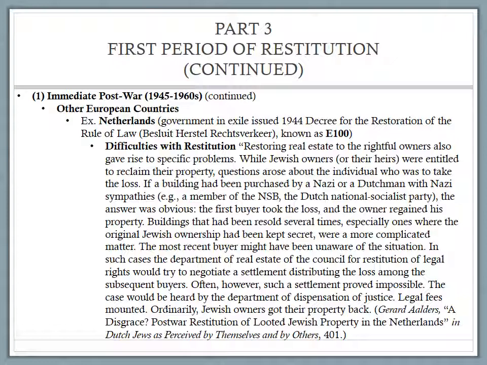The case would be heard by the Department of Dispensation of Justice, legal fees mounted, and ordinarily Jewish owners got their property back. So that's what Alders said about the restitution situation. So the restitution process in the Netherlands lacked some predictability, and the former owners of property could not always rely on the letter of the law to get their property back. In many cases, it was part of a settlement that the Jewish owner had to partially financially compensate the most recent buyer of the Jewish owner's property in order to get the property back, for example, with respect to losses